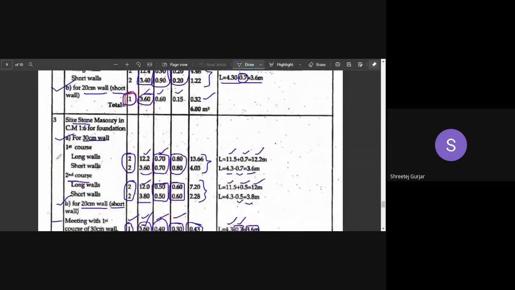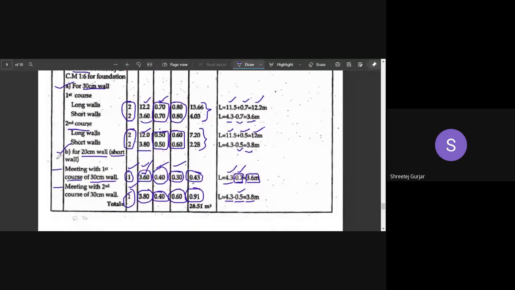Others, you can just copy down, and if you have any doubt, you can ask. You can ask now if you have any doubt in any part of the calculation of your long wall, short wall method. Right, others can copy down quickly. I give you 2 minutes. Until then, if anyone has a doubt, you can type in your chat, or you can unmute and ask.